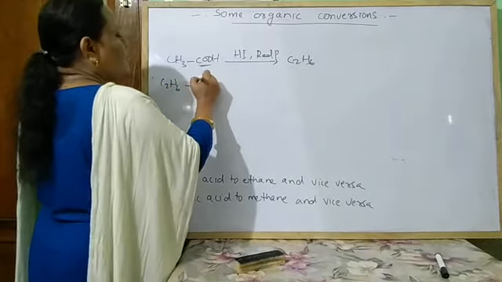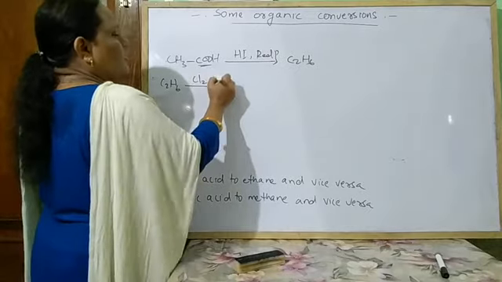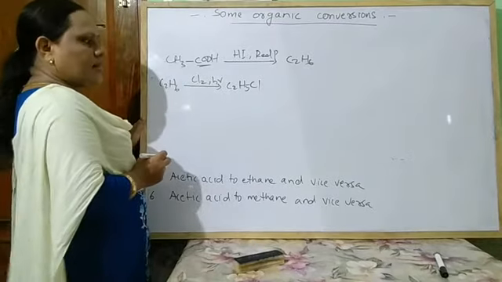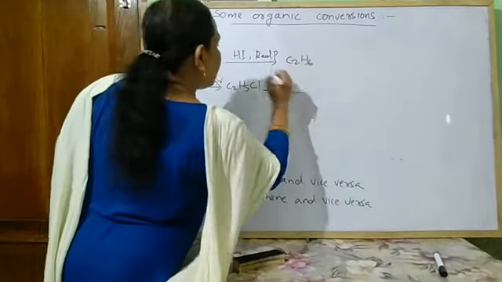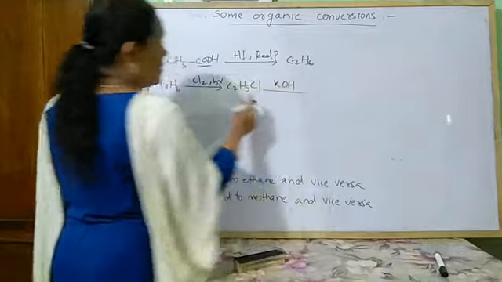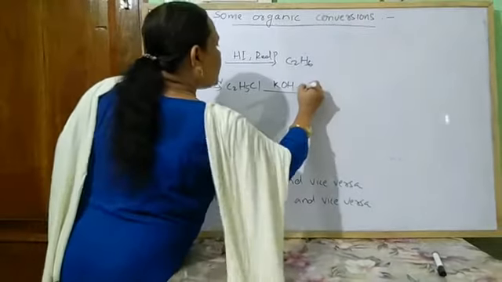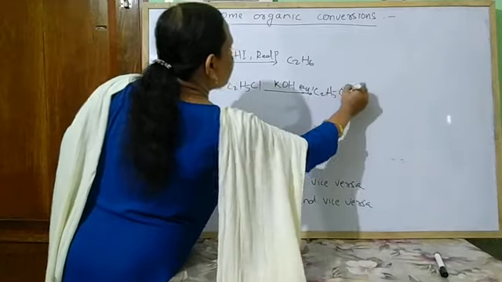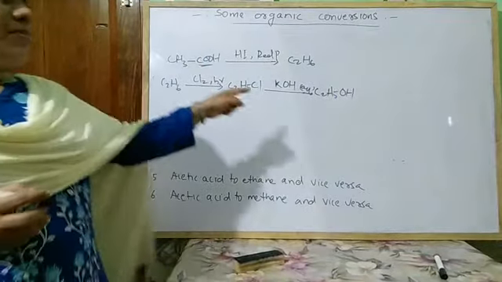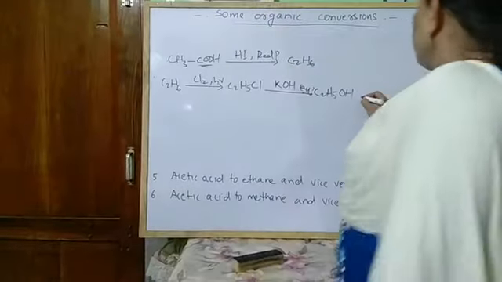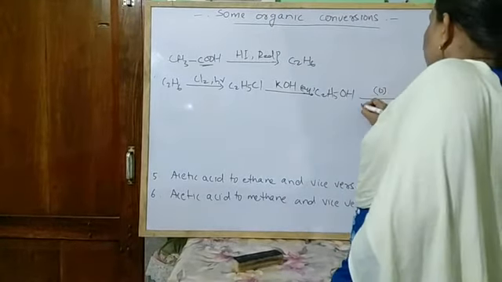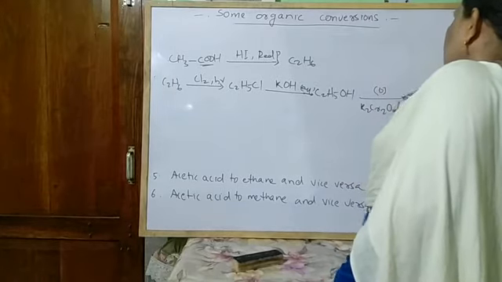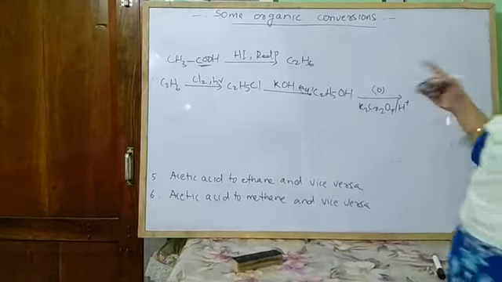C2H6, simple chlorination, H nu, forms C2H5Cl. And C2H5Cl, with the same number of carbon atoms, so no nitrilation here, treated with aqueous KOH gives C2H5OH. When a primary alcohol undergoes oxidation in the presence of acidified potassium dichromate solution, first it is converted to aldehyde, then